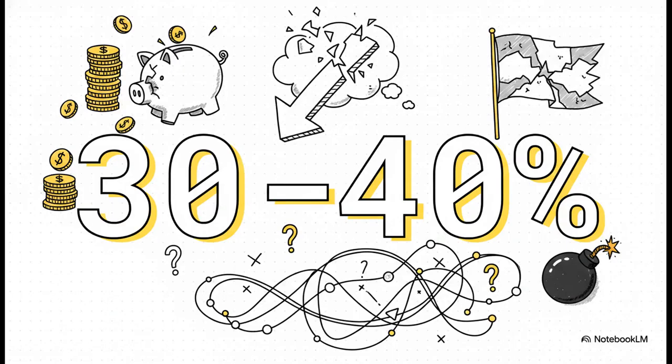And let's be super clear, this isn't just some abstract data problem. This has a very, very real cost. Estimates show that marketers are wasting somewhere between 30 and 40% of their ad spend simply because their attribution model is pointing them in the completely wrong direction. That's a huge chunk of your budget just being allocated based on a lie.